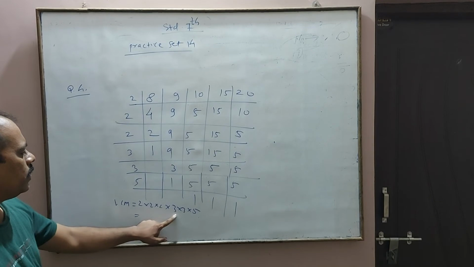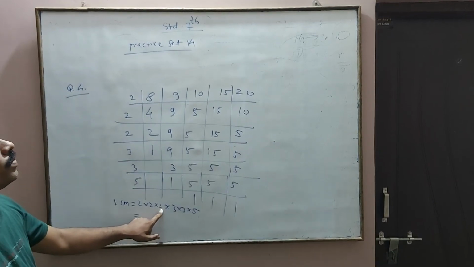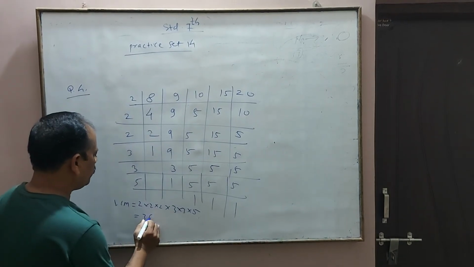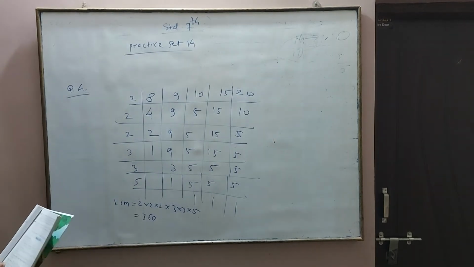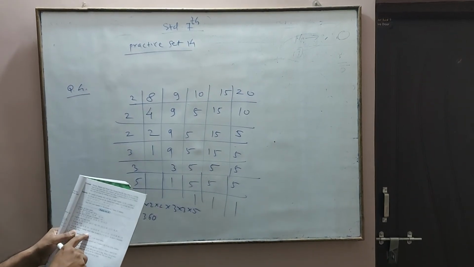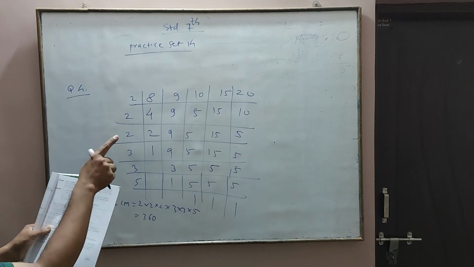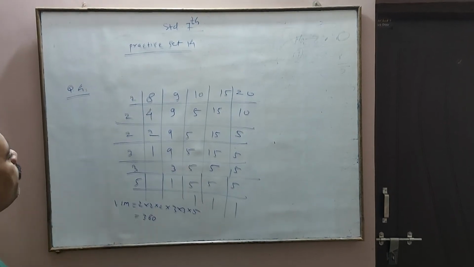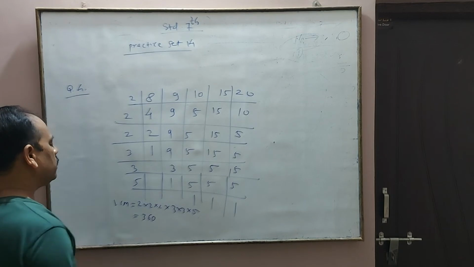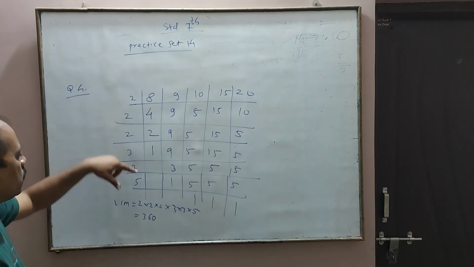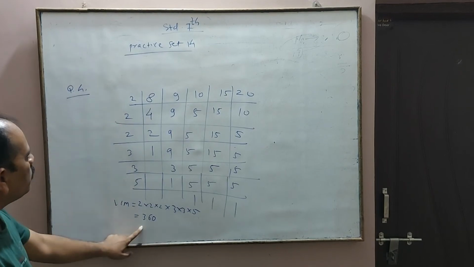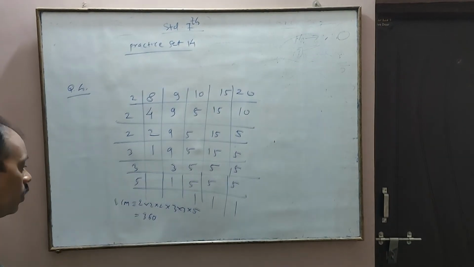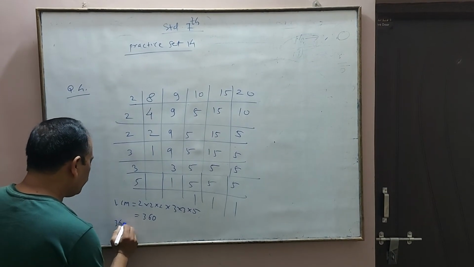5 3s are 15, 15 3s are 45, 45 2s are 90, 90 2s are 180 and 180 2s are 360. Now, what is the question? The question is to find the smallest number which when divided by 8, 9, 10, 15, 20 gives a remainder of 5 every time. That means 360 is the lowest common multiple of all these. So you can divide 360 by 8, by 9, by 10, and the remainder will be 0, but we want a remainder of 5. For that we will add 360 plus 5.